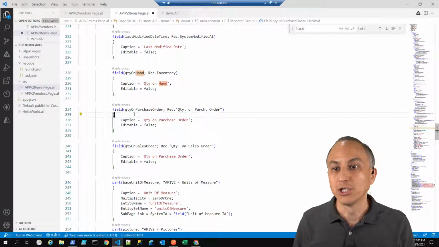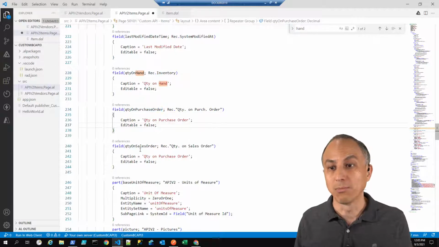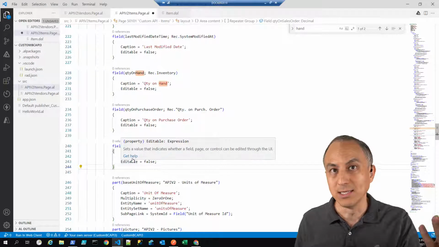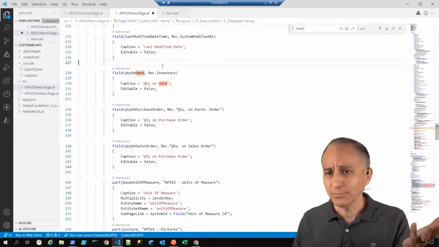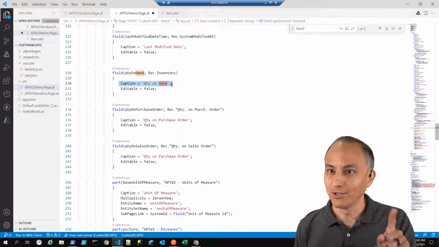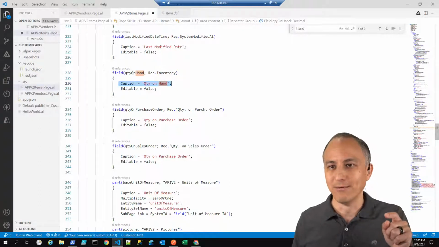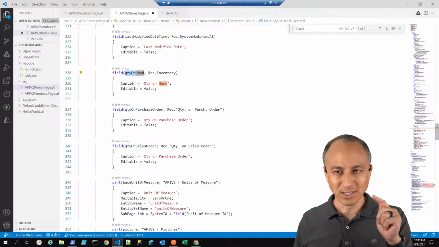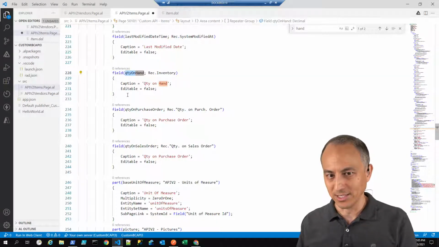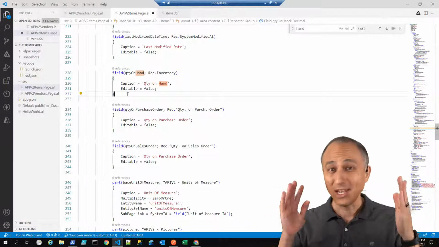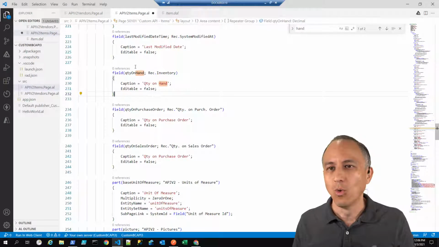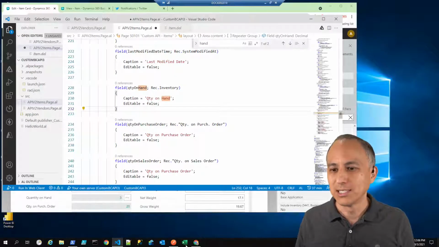Now, just for good measure, I added quantity on purchase order, quantity on sales order, and it turns out the customer's going to need these anyway, probably. So there we go. Caption quantity on hand. I chose to call it quantity on hand, right? And it turns out that it looks like this field name is what shows up in the API. I'm still learning these details. So now that we've added this one field, after all of that craziness, one field, I publish this,